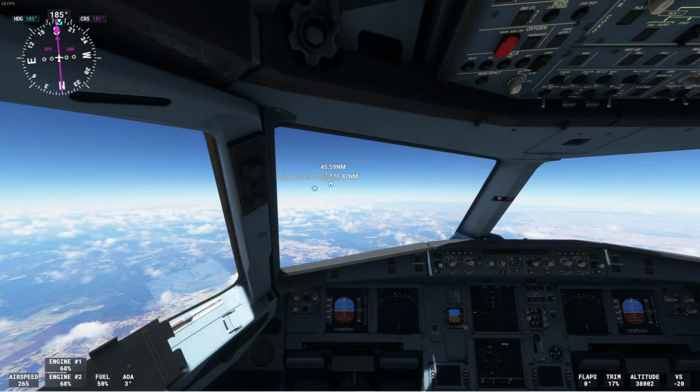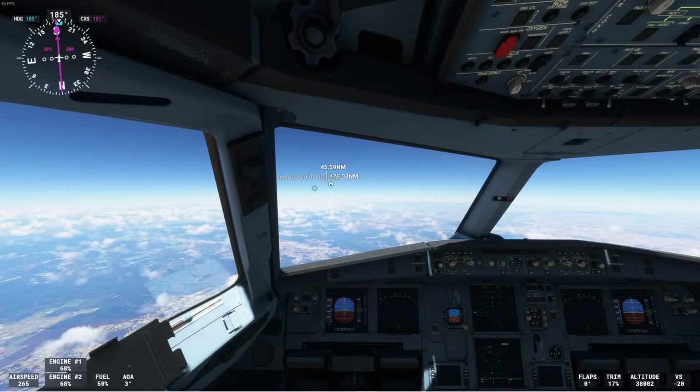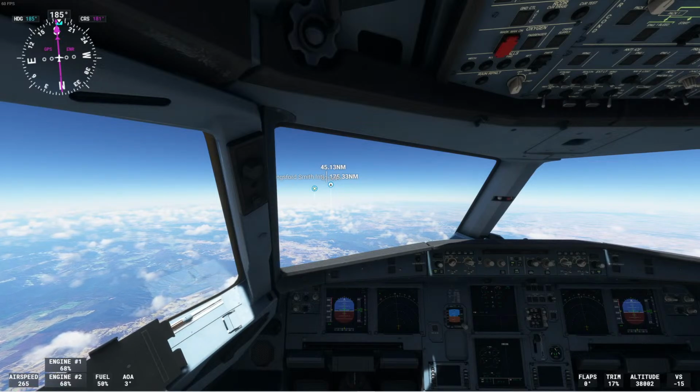Over 65 knots. Seems like we should be allowed to go faster than that, but